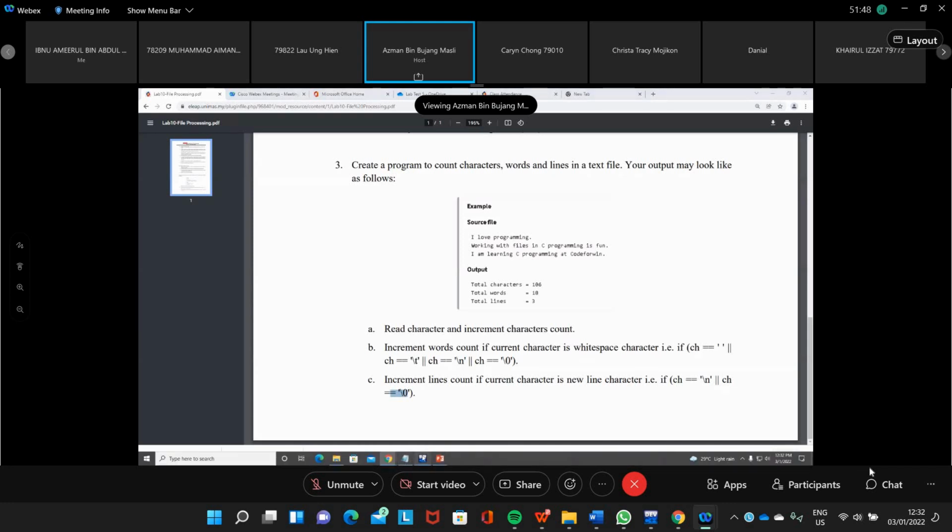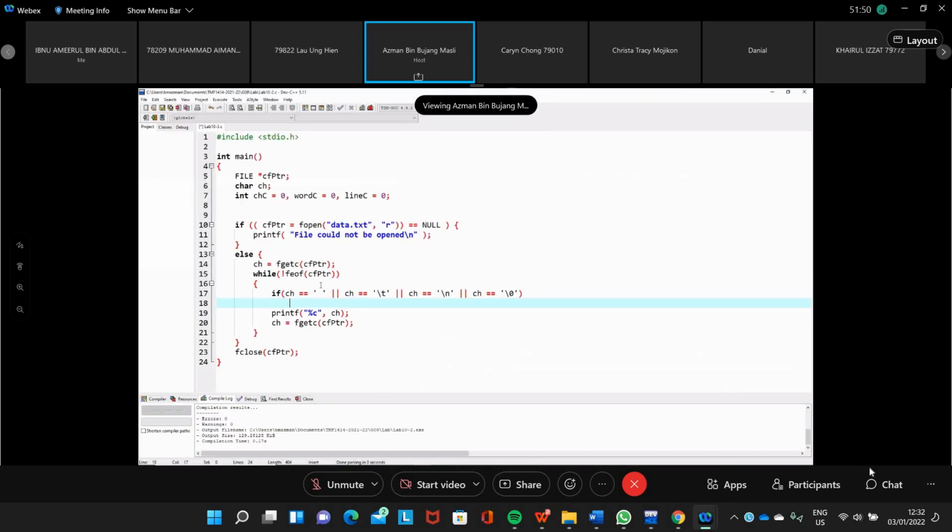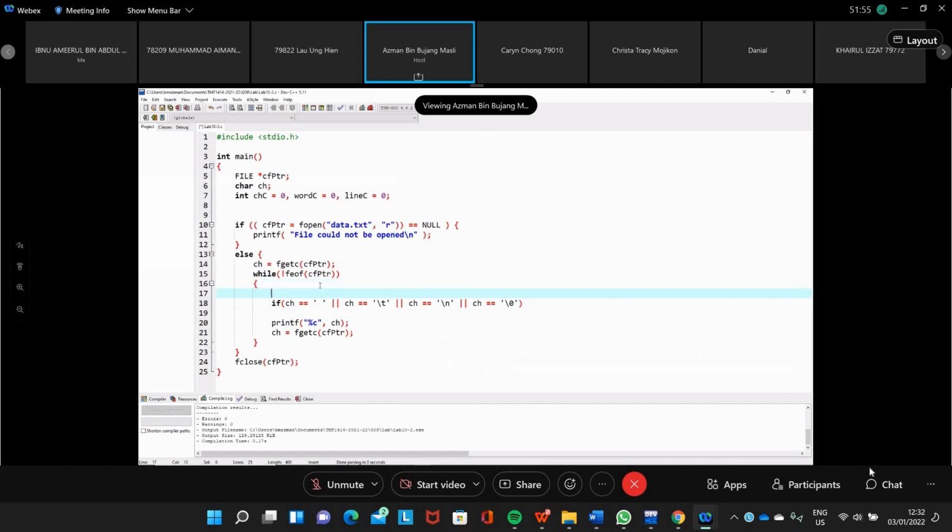And then every time we read a character, we can increase the character count because we are reading a character. So you can actually increase the character count every time we get into the while loop, because we got a character already from the file, isn't it? Every character you read from the file will be considered a character. So we can increase the character count. So when we get this one, we can increase the word count.